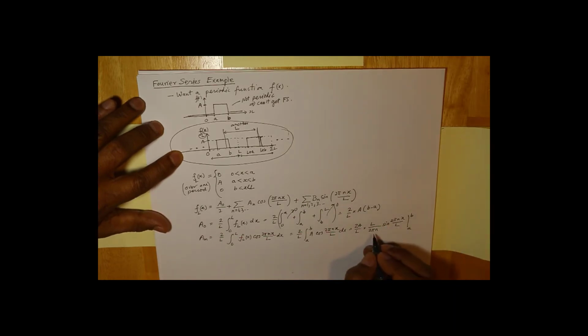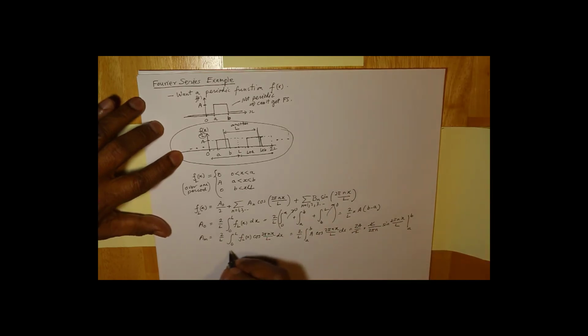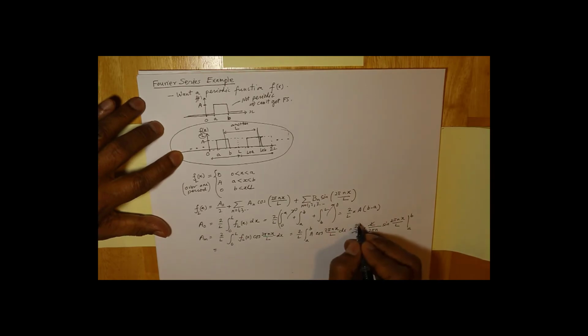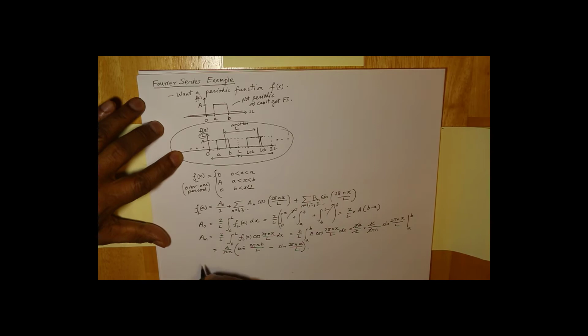And you can see where it's going. The L is cancelling out, and this 2 is cancelling out. It's going to be A over pi n, and this is a very common feature you can see in constant functions, where n will come down. It's going to be sine 2 pi nb over L minus sine 2 pi na over L. Now we can get